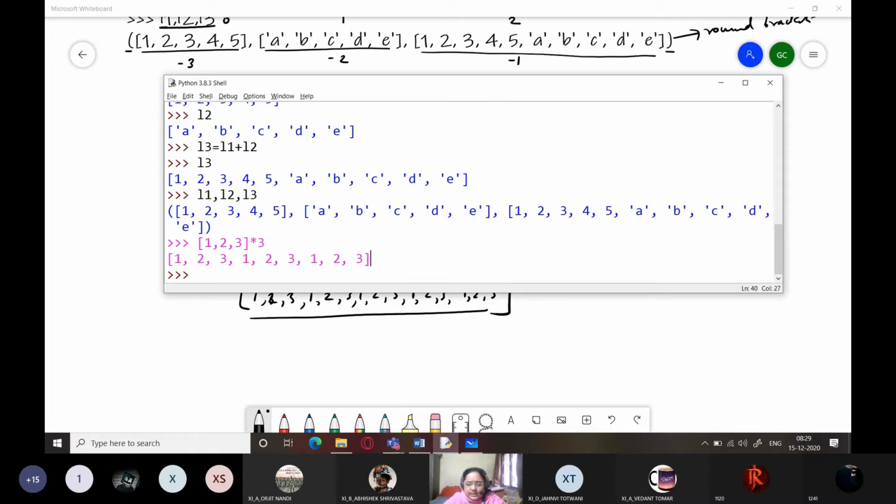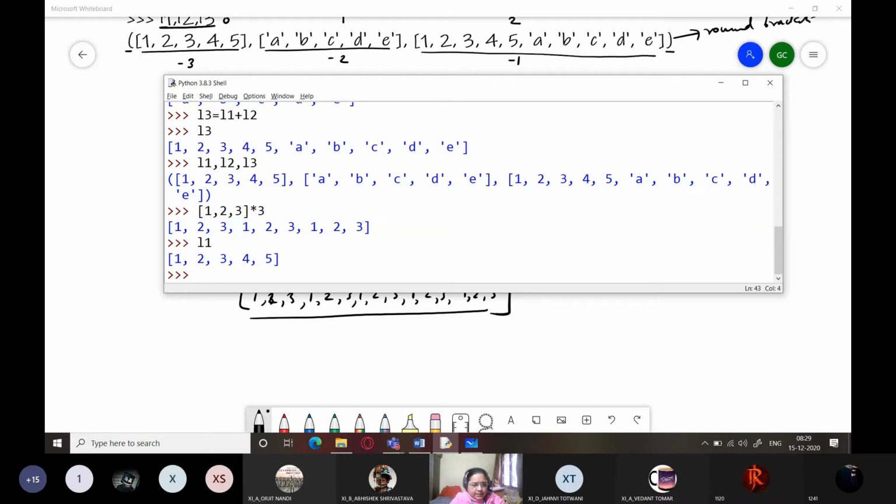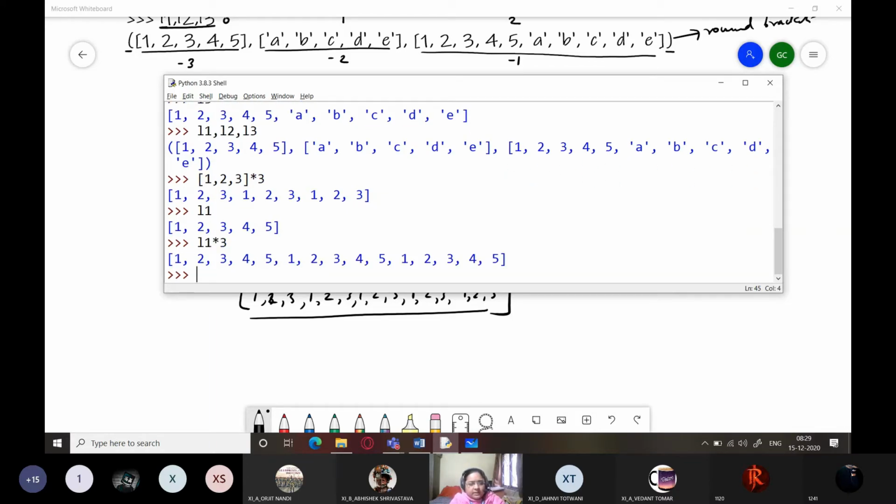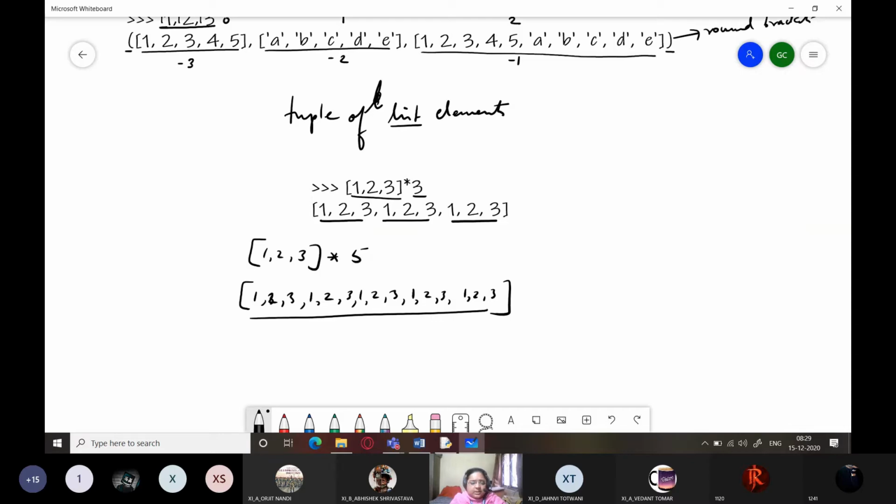So this is list repetition. You can also do it using any particular list like L1 into 3, and this will repeat all the elements of L1 3 times, and the whole thing will be enclosed within square brackets. You can see that square brackets only appear once outside like this.